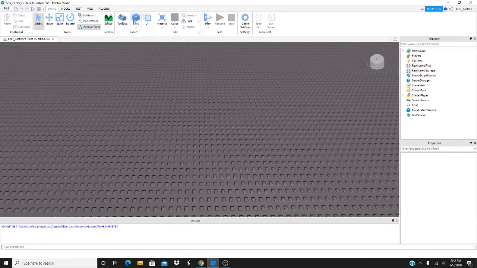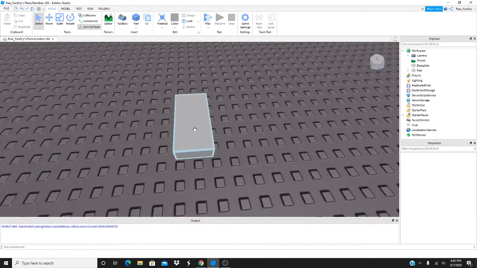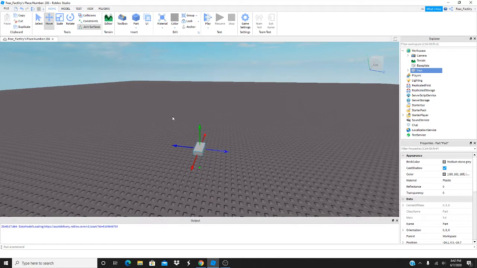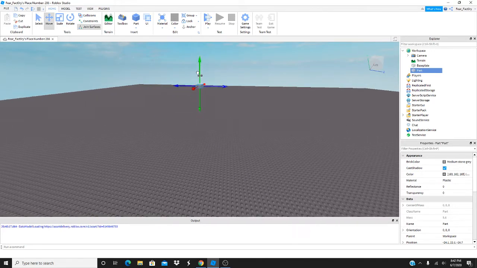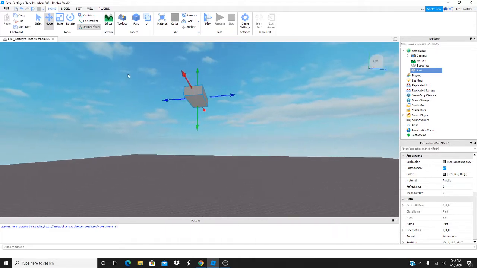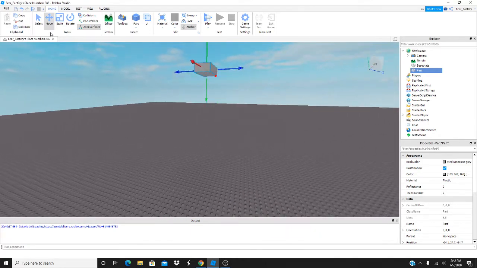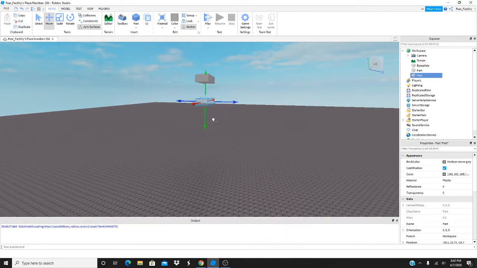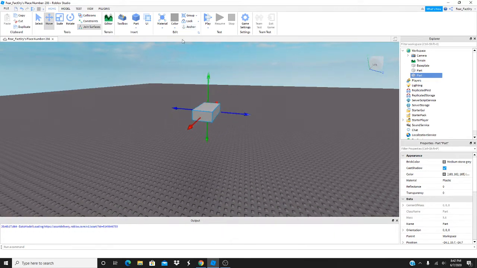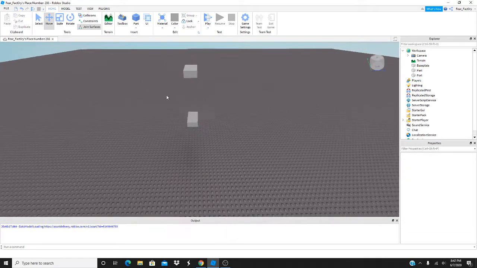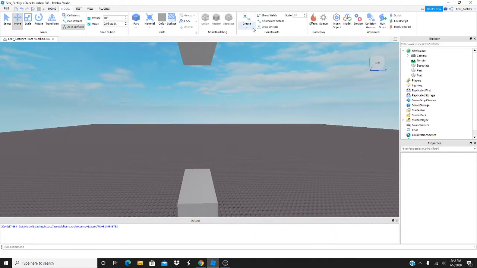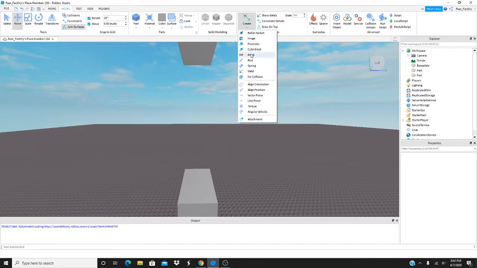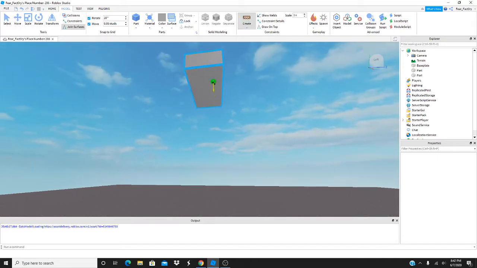So I'm going to insert a part, and I'm going to put this into the air, and I'll just show you a nice example of how this comes into play. I'm going to anchor this part so it doesn't fall on the ground. And I'm going to duplicate this part and unanchor this one, because when it's unanchored, it's able to fall to the ground. So basically, if we go to the Create tab, if we click on rope, as you can see,